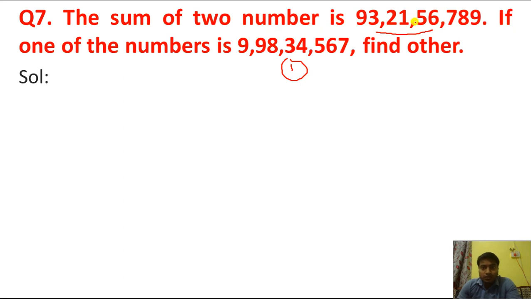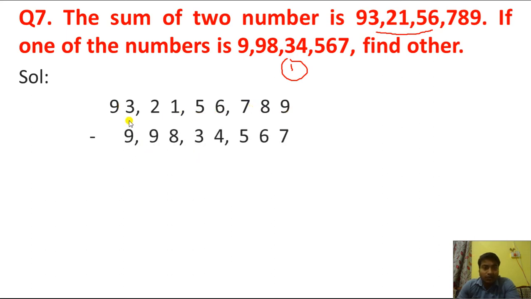Okay, so just now we have solved the same question. So here also we have to apply the same concept. Here we have to subtract this first number from the sum. So we have the sum 93 crore 21 lakh 56,789, and from this number we have to subtract the first number, and the first number is 9 crore 98 lakh 34,567. When we subtract,